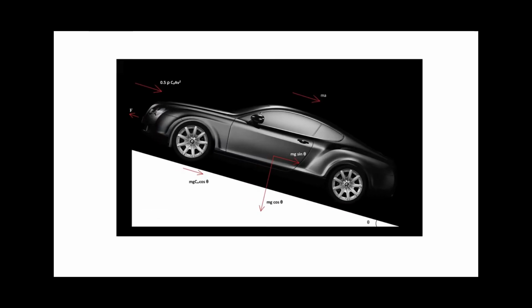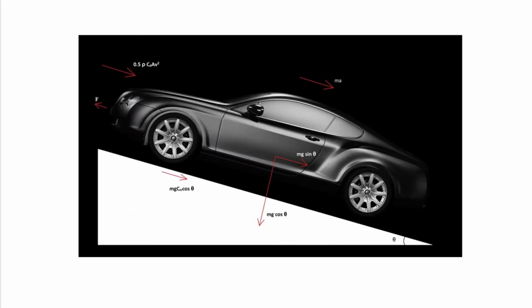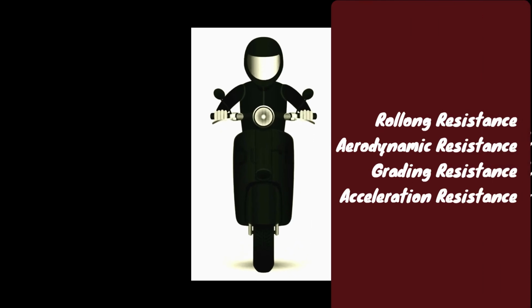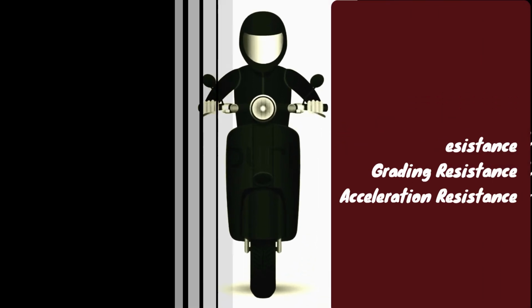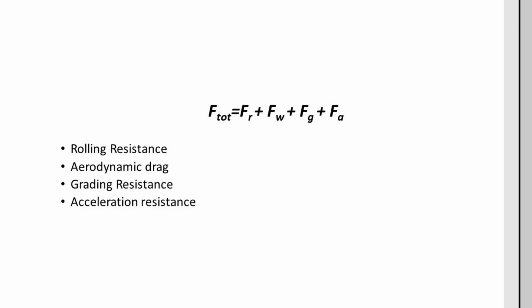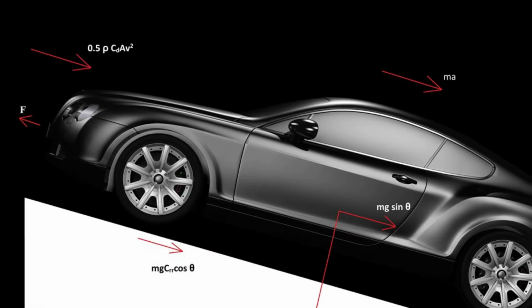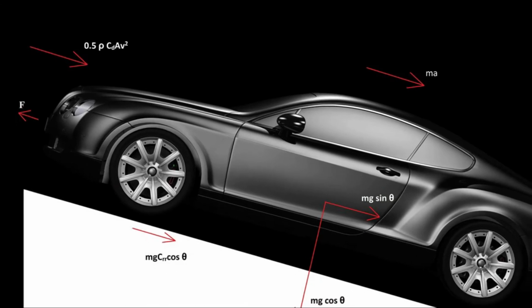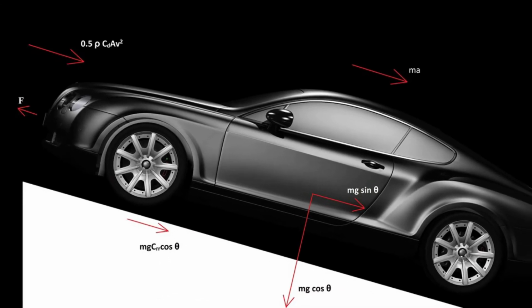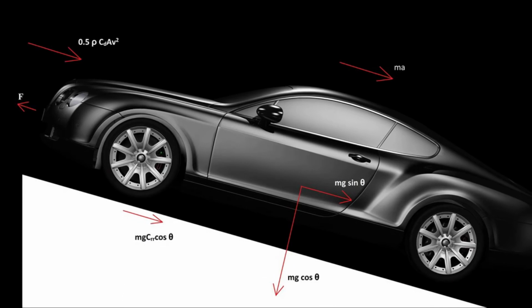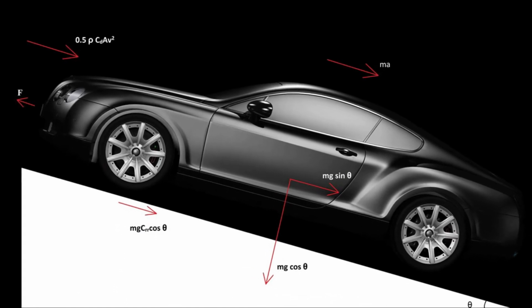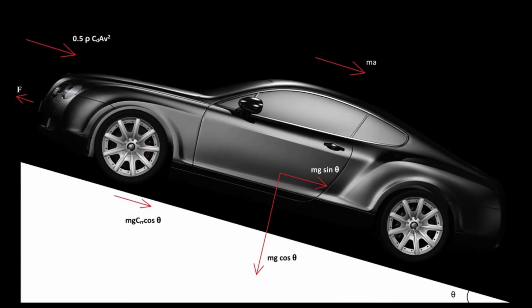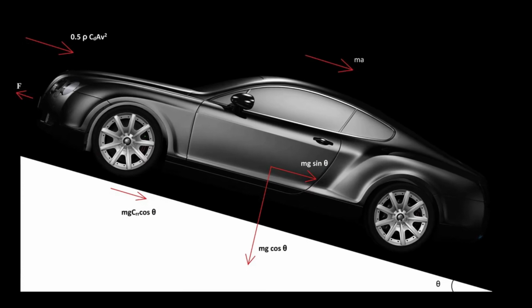There are mainly four forces acting on a vehicle: rolling resistance, aerodynamic drag, grading resistance, and acceleration resistance. If we can provide a force equal to the sum of these four forces, then the vehicle moves at the required velocity. This figure shows the forces acting on the vehicle. Here we focus more on the calculation. With a lot of assumptions, we are going to calculate the total force acting on the vehicle when it moves at 60 km per hour.